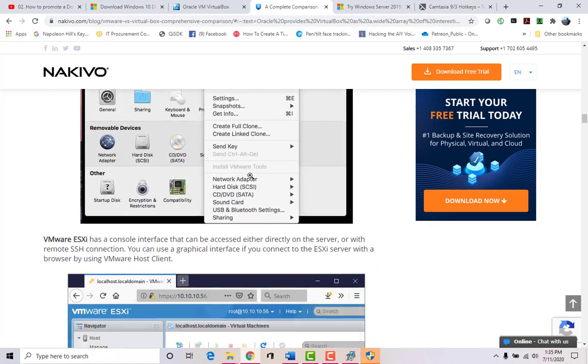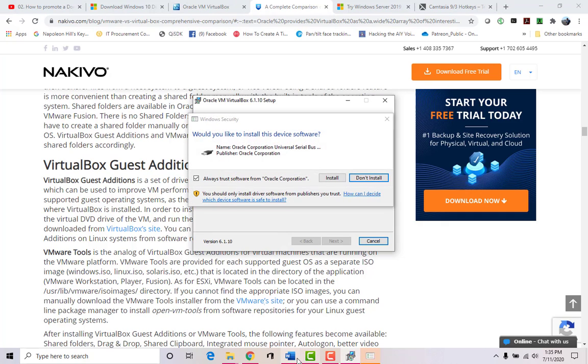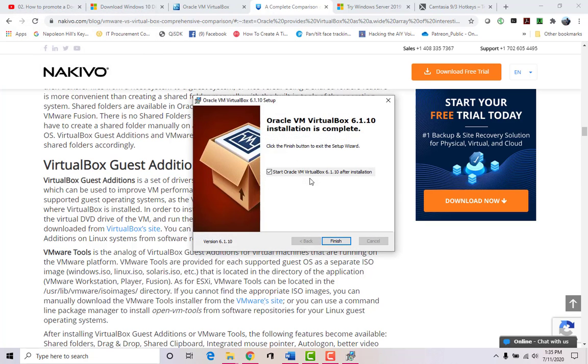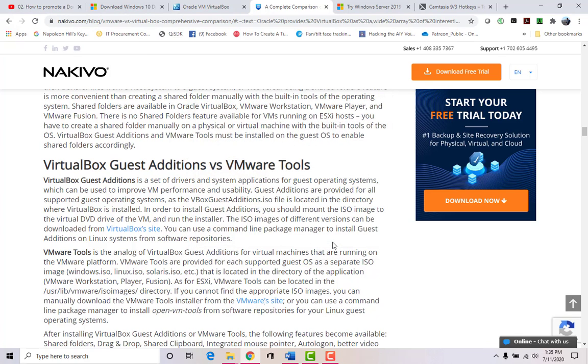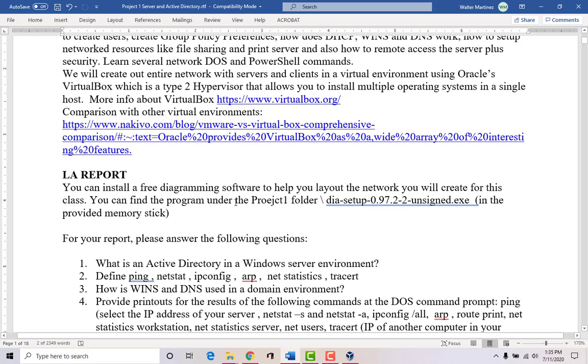This is VMware, and again, you can pick whichever one you want. They're all great tools. Alright, let's see what it's saying here. Okay. Do you want to allow this app to make changes? Just say yes. So this will continue installing. Install this driver. Yeah. Okay, you pretty much just follow the prompts, and that's it. You can just click finish. It'll start the program.